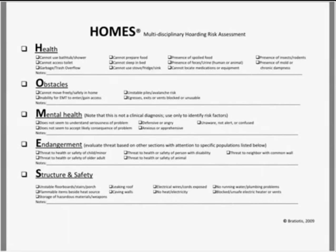So here we get some information about not only the level of clutter, but some indicators for squalor as well: presence of insects, rodents, other kinds of infestation, as well as the presence of mold or chronic dampness. There's a notes field here that's really useful. There are times where residents may be able to sleep in their bed, but it's with great difficulty because they have to move items off of the bed, or a similar situation with the counters in the kitchen. And so this is a place where you can provide additional information that others can use when carrying out the